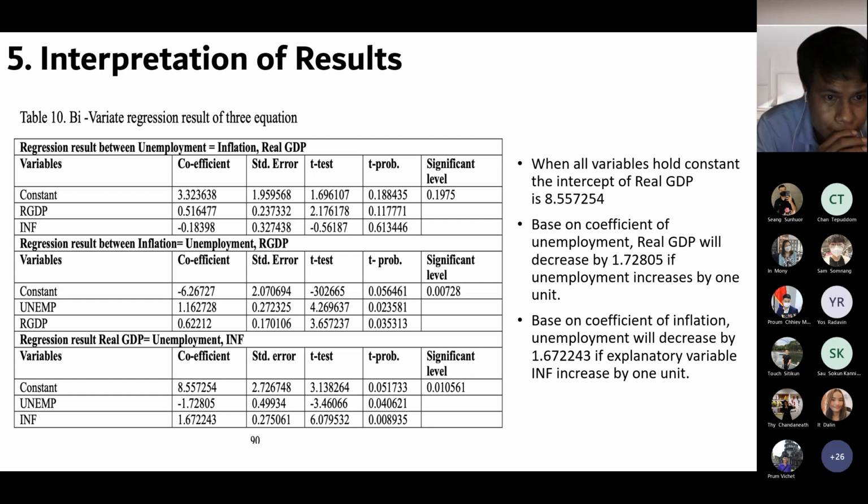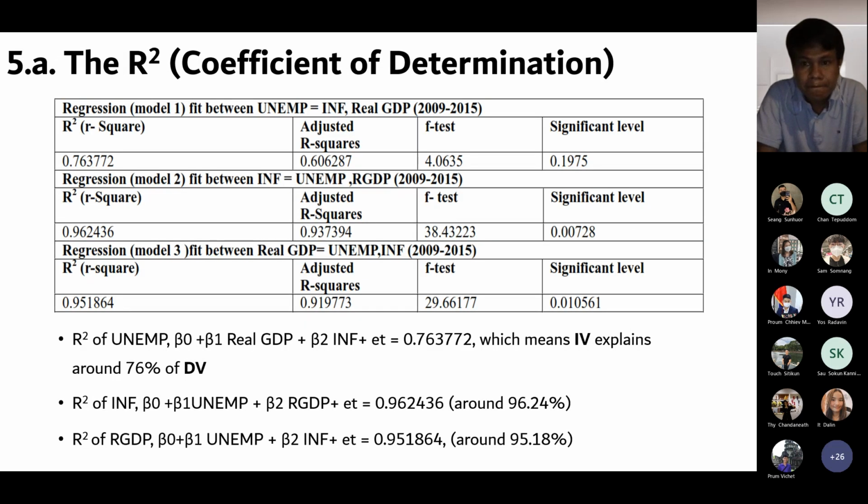Based on the coefficient of unemployment, real GDP will decrease by 1.72% if unemployment increases by 1 unit. And based on the coefficient of inflation, unemployment will decrease by around 1.67% if the explanatory variable inflation increases by 1 unit. And about the rest, I think Dom has also explained it earlier, so I want to skip this part and